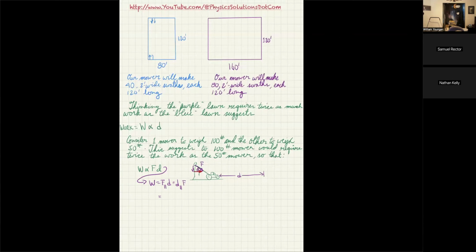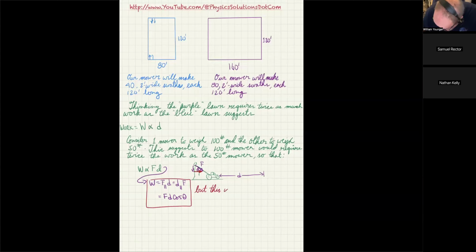We could also say that work is force times distance times the cosine of the angle theta, because the cosine of theta times the force would give us the component of force that's parallel to d. Alternatively, if you drew the vector d along with the vector f, you could see that cosine of theta acting on d, being multiplied by d, would give us the component of d that's actually parallel to f as well. So that's the three versions of work that we've motivated, but